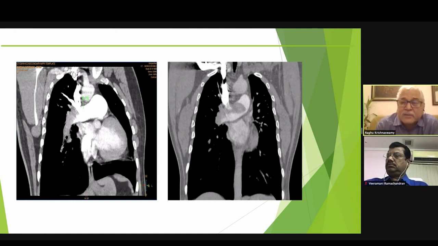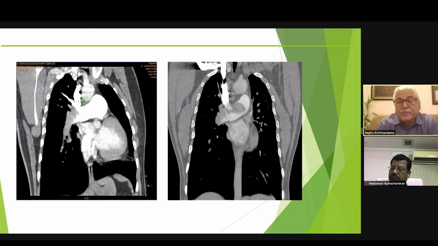But over the next 2 days, this patient deteriorated, his saturation started dropping. And the physician concerned, in collaboration with the cardiologist, started him on thrombolytic therapy with alteplase, and his condition stabilized and he was discharged. In the last follow-up, he was doing well. His pulmonary pressures had normalized. So we did not get a follow-up CT because the echo showed some regression of the right ventricular dilatation. His right ventricle is normal, and the PA pressures were normal.